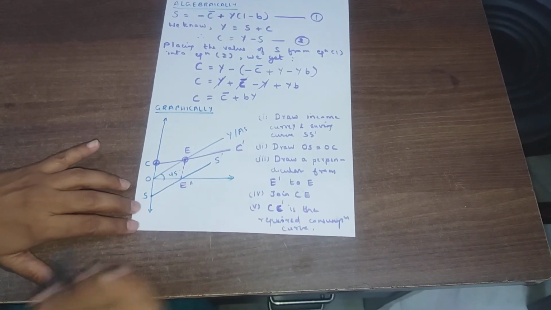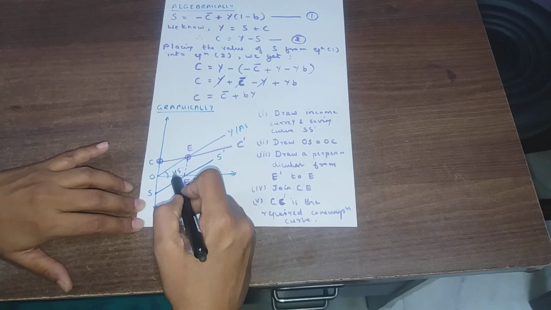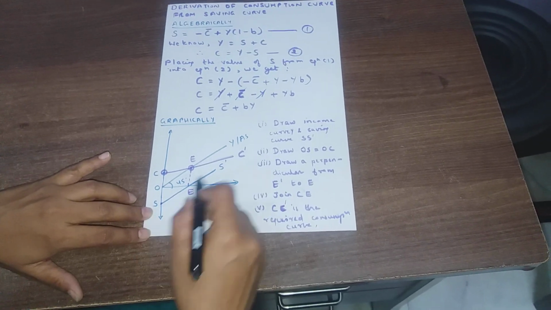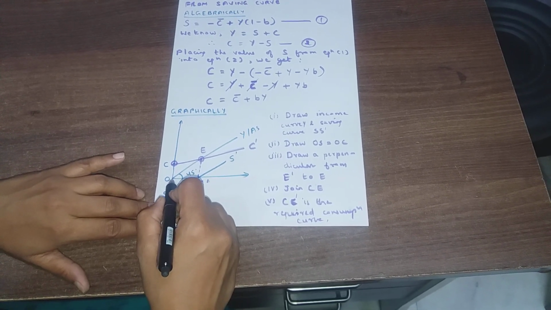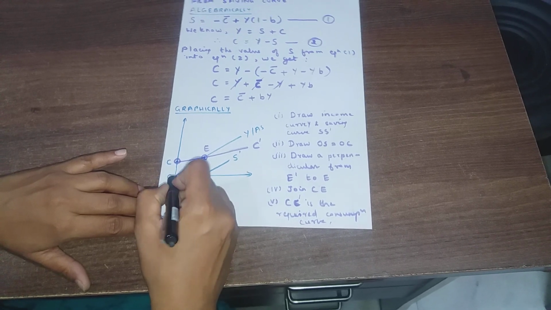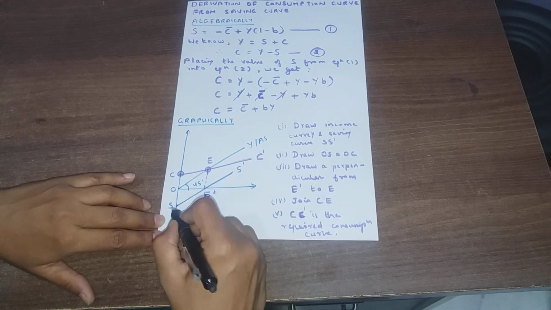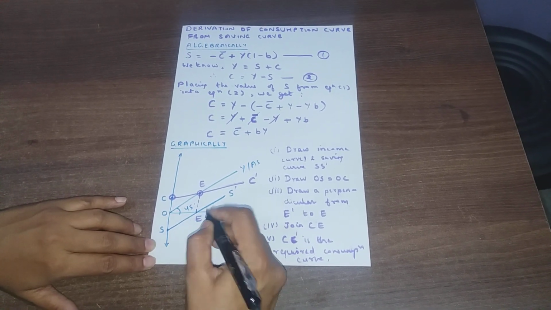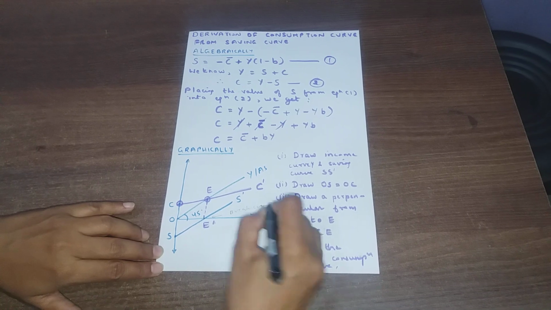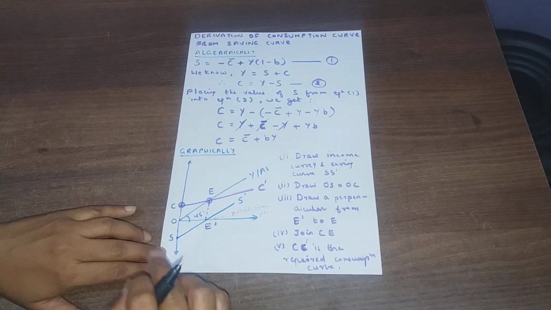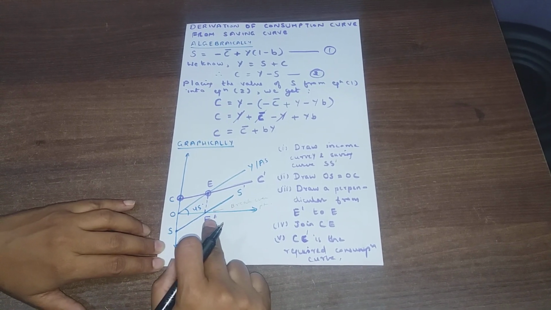Graphically, what we will do this time, we'll draw income curve, again making an angle of 45 degree, Keynesian line, and SS dash, which is saving curve. Now you will draw a point which is equidistant from O, like OS, means OS is equal to OC you have to draw. You will get point C. Again, wherever your S dash cuts the x-axis or intersects the x-axis or meets the x-axis, this is break even point, where savings are 0. You can also define break even point as a point where savings are 0.